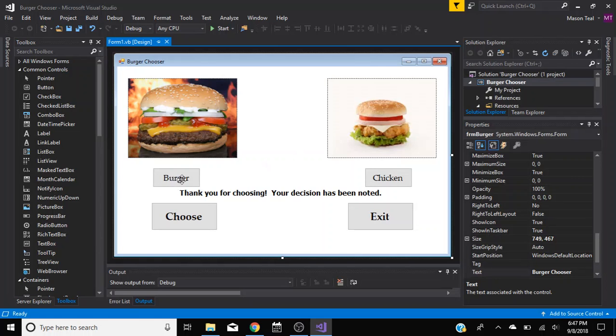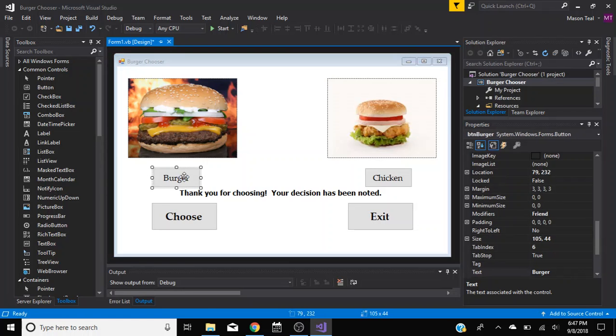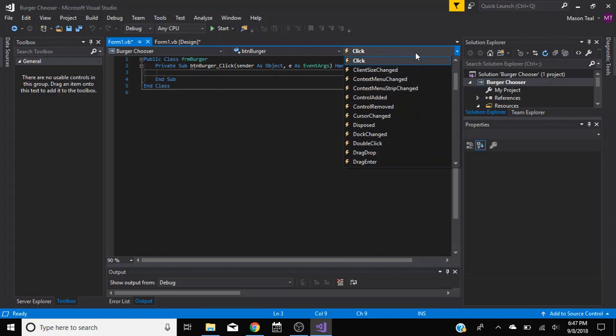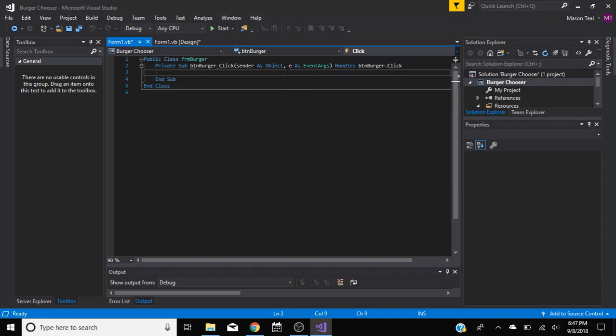So for this burger button, we are going to double click, and then this comes up. This is where you actually write all your code. It says button burger underscore click. It means when you click it, this is what's going to happen. You can change it to double click, a lot of things. But anyways,